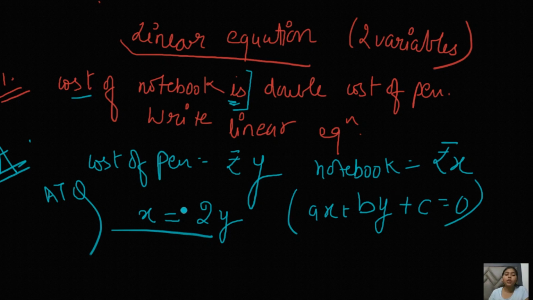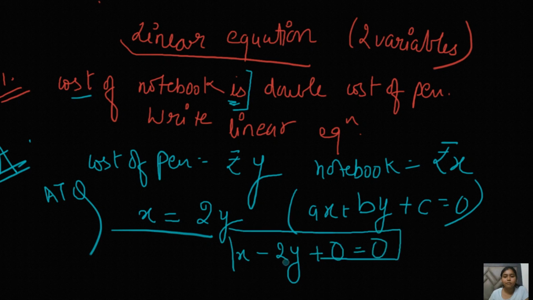So what you have to do is, you just have to make it look like a standard form. This is what the final answer is, right? So this is what we have to do in this linear equation chapter. This is a very easy chapter. This is what you have to do in this particular chapter. You just have to pay attention to certain things. Okay, so let's now move forward.